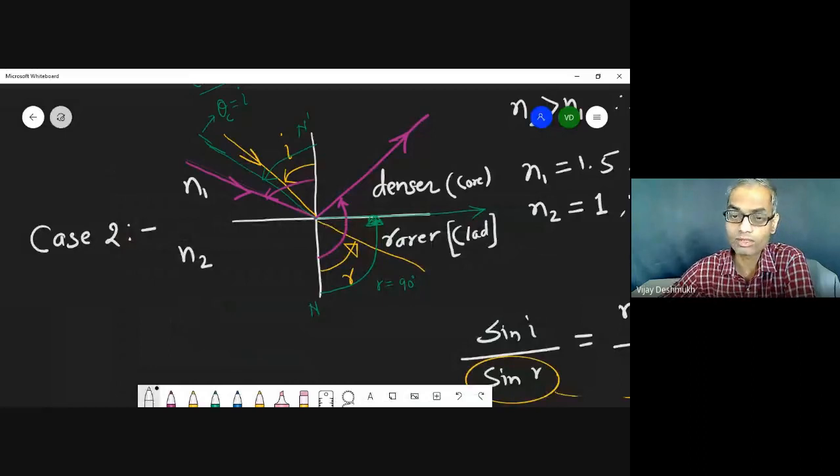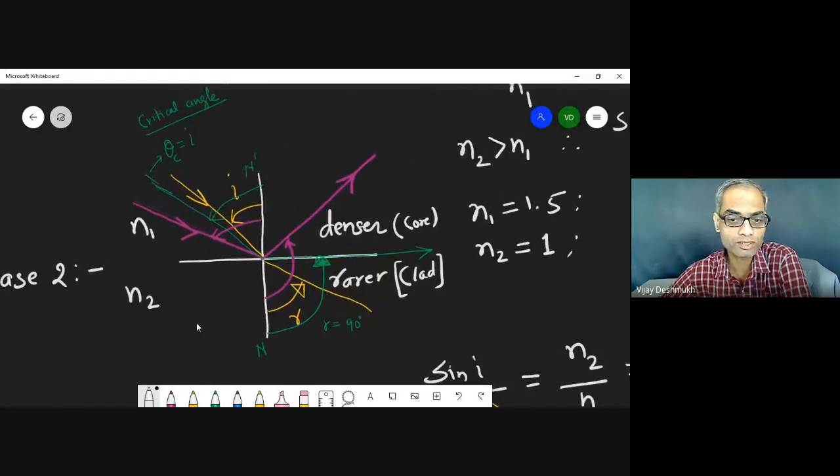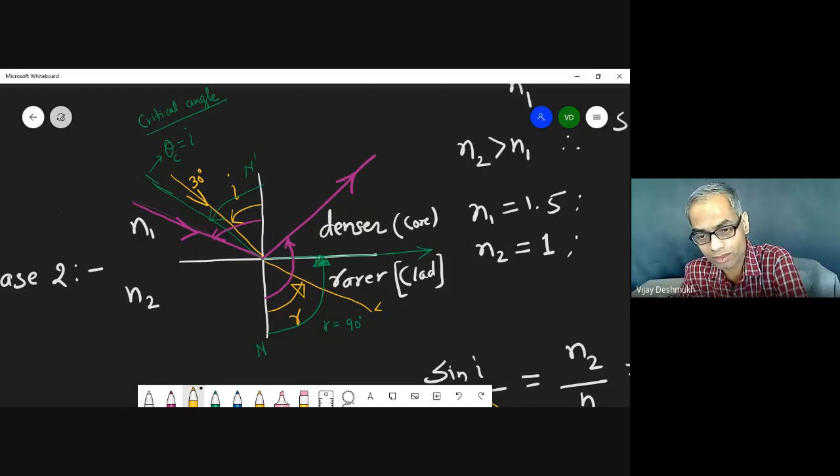Okay. Now the cases are 3. There is a small angle shown by the yellow. Suppose the angle is like 30 degree, then the angle of refraction, as we typically have taken in this example, comes out to be somewhere 48 degree. We don't care about the numbers exactly, approximate is okay. The important thing is that the angle of refraction is more than the angle of incidence.